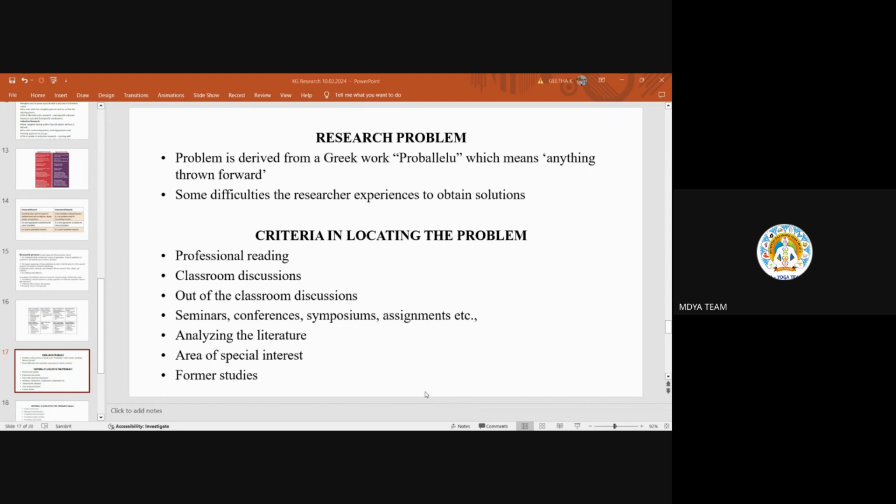And the assignments, you have to go further, right? Only when you are going to seminars and conferences will we be developing our knowledge, right? And as we have already seen, analyzing the literature. If you are going to the seminars and conferences, this literature review will be analyzed in a better manner there. See, the perception differs. When you are reading literature, our perception may be different from the original presentation. So such doubts and clarifications, we can take from those seminars and conferences. After clearing, I'm sure you all will be clearing your NET